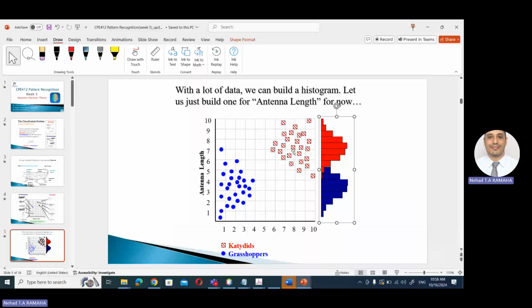This is the length 1. Here, the length 6, we have around 3, 5, almost 6. And so to use this plot, to use this plot for